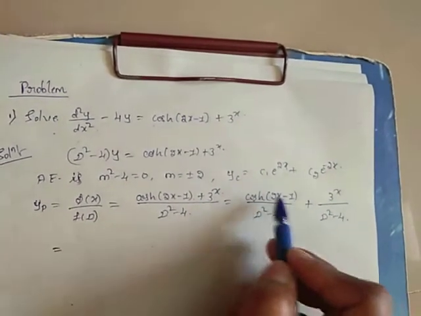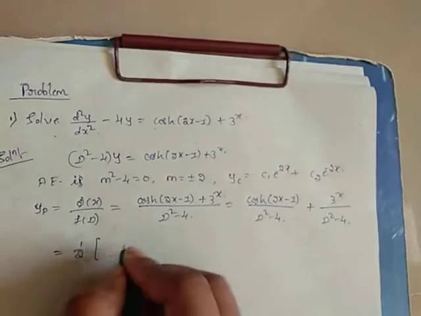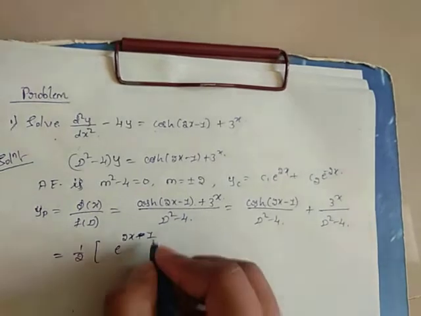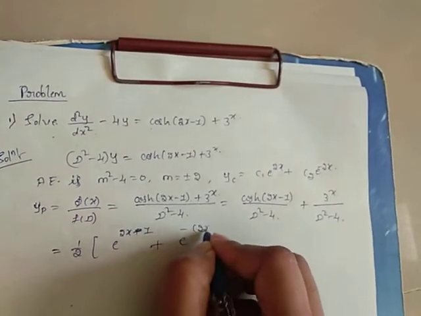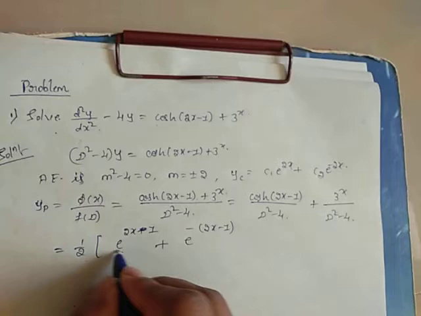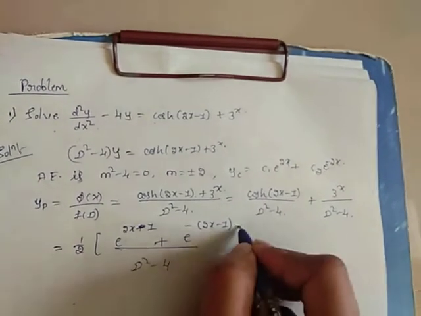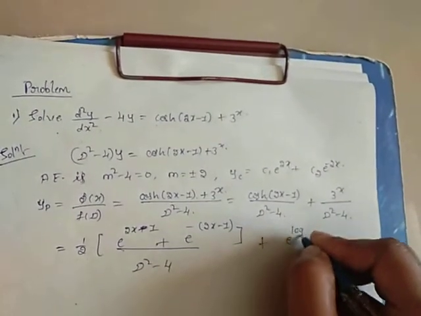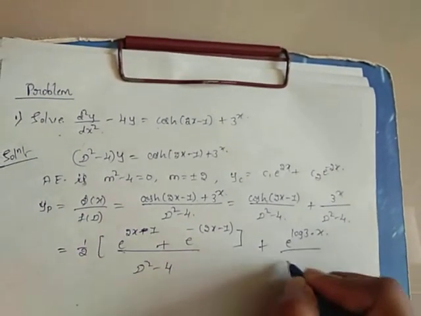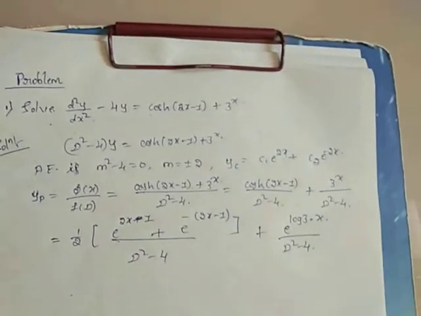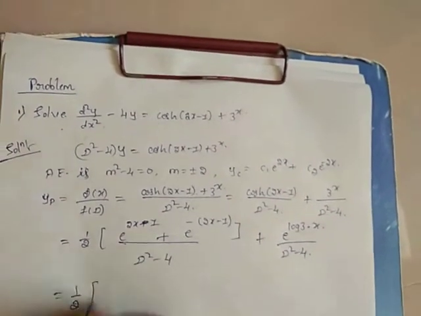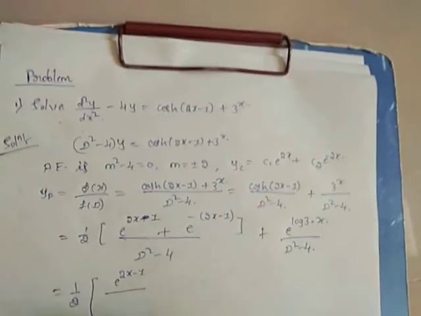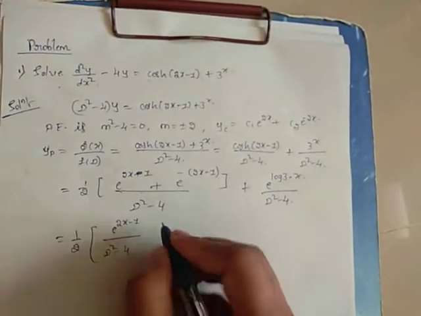cosh ax equal to 1 by 2, e raised to ax plus e raised to minus ax, divided by D square minus 4. 3 raised to x can be written e raised to log 3 into x divided by D square minus 4. Again split the function, the denominator function, to both numerators. D square minus 4 plus